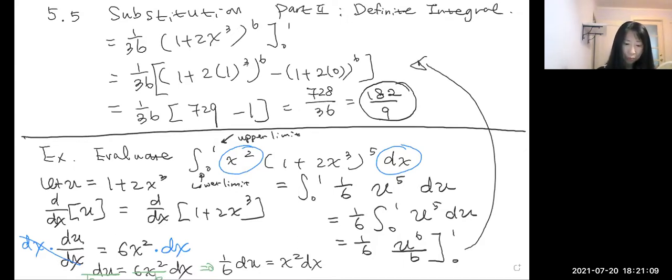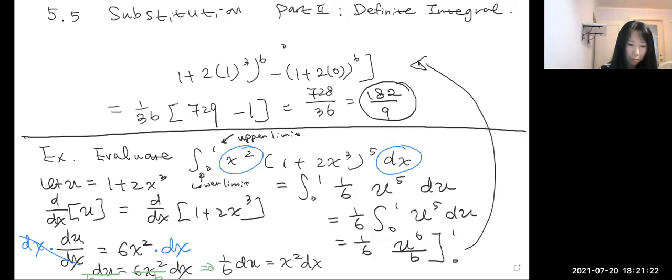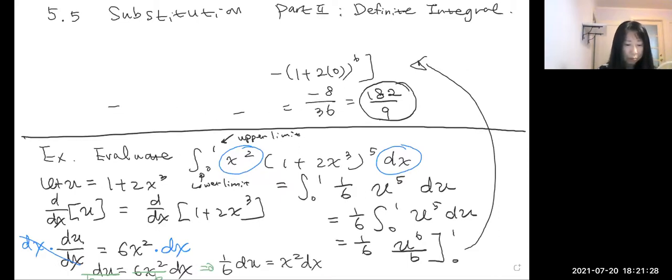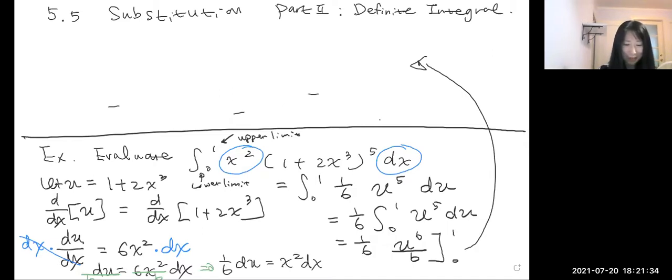I did not finish the sentence. Just change the variable, the lower limit, upper limit. Okay, so from this one, we have